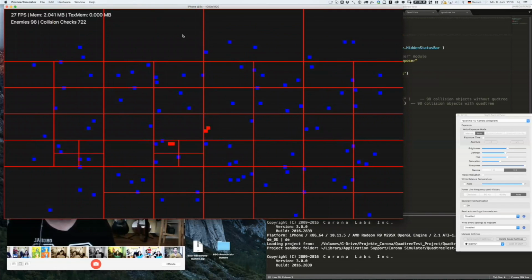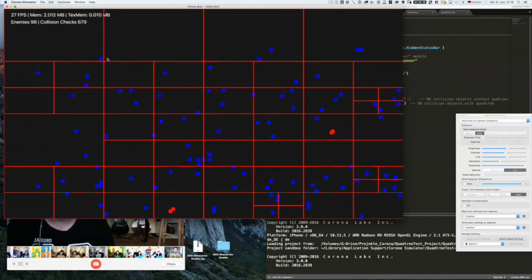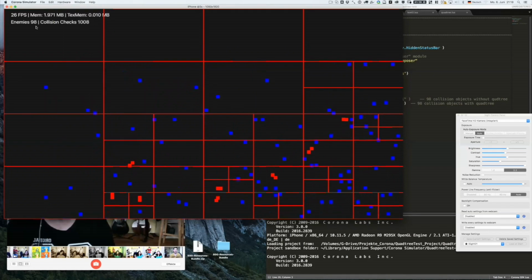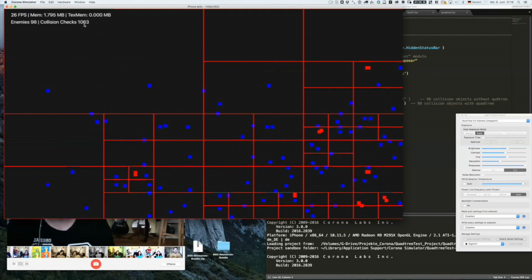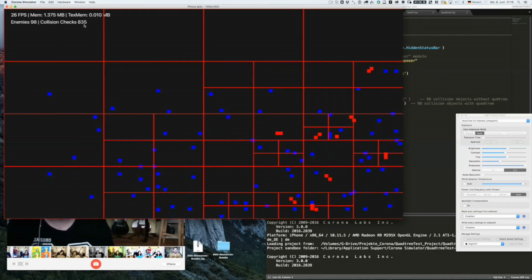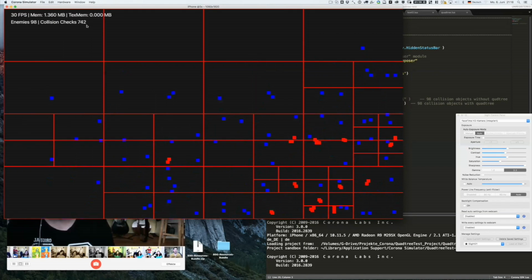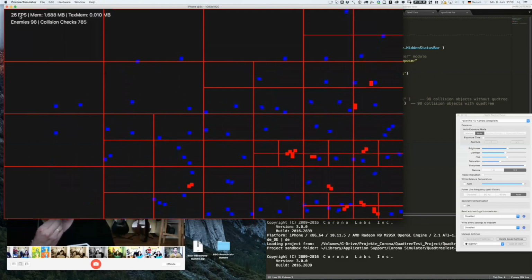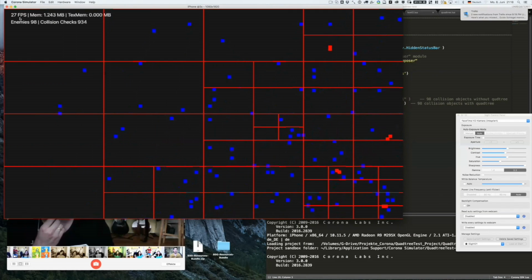Okay. Here, in this case, the debug mode is on, and you can already see the branches that are created and released again. As you can see, 98 objects still, and the number of collision checks is reduced to around 1,000, and 27 FPS.